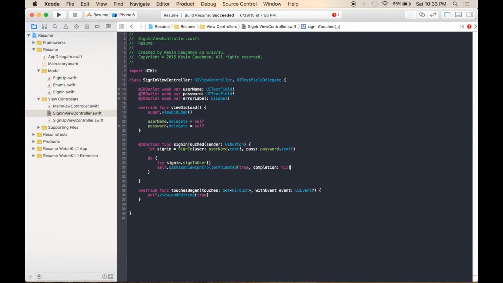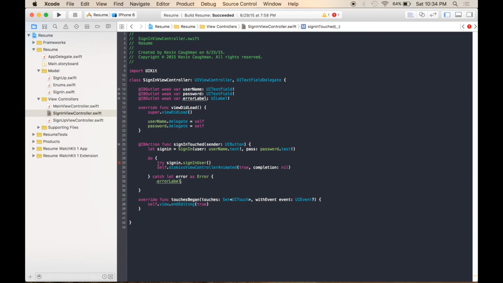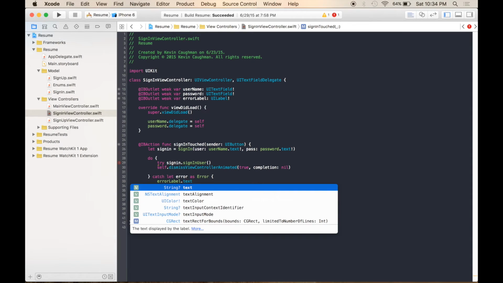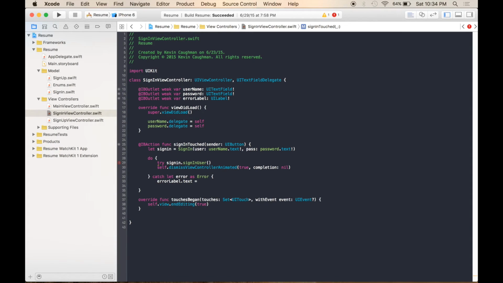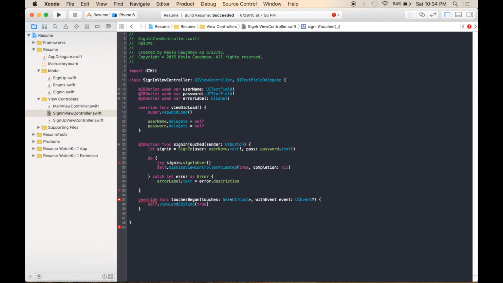The next thing that we want to do is return down, and right on the second to last curly bracket we want to space over and type in catch let error as error, type in errorLabel.text equals error.description, and return. We're going to add in another curly bracket,